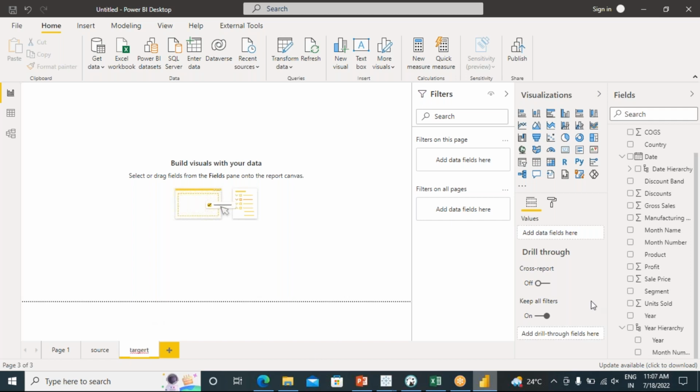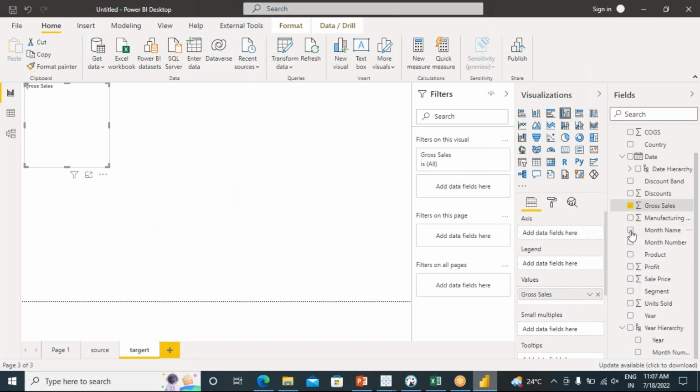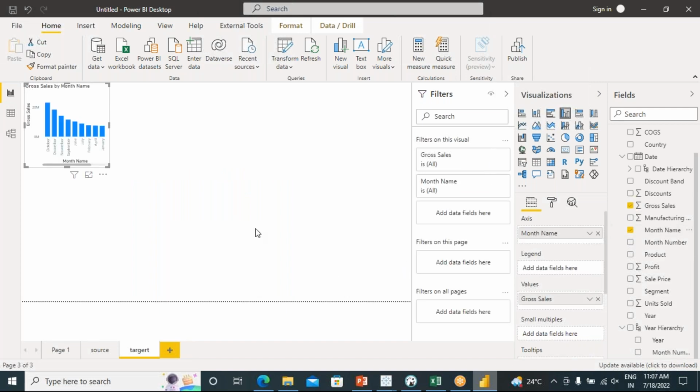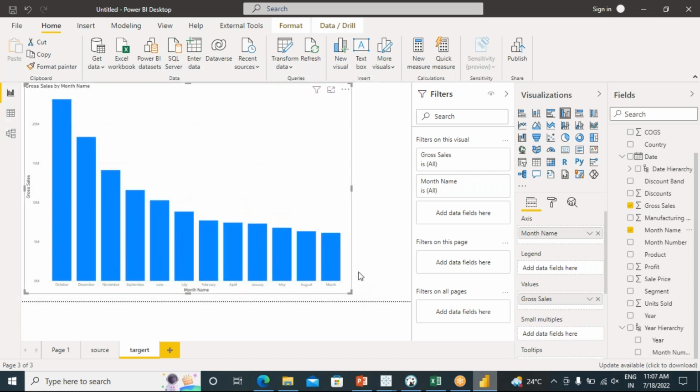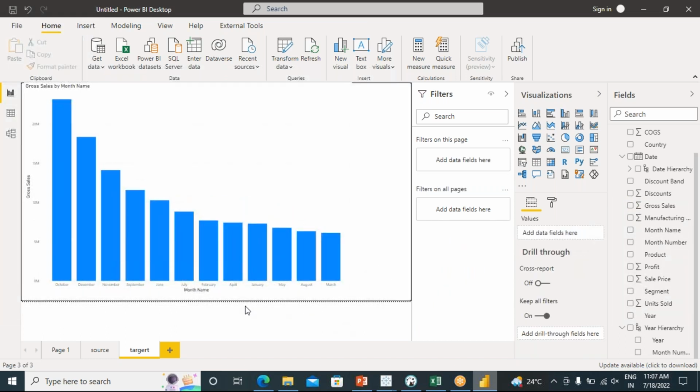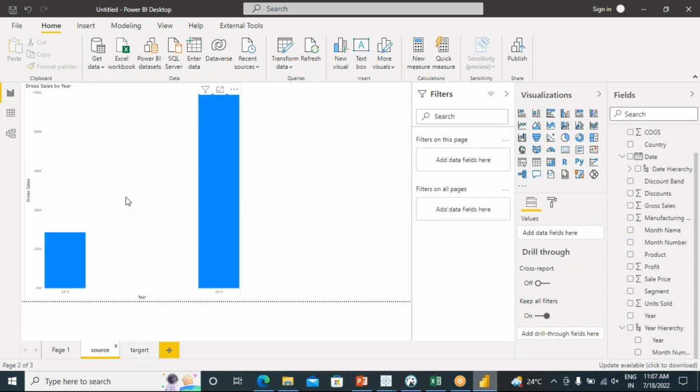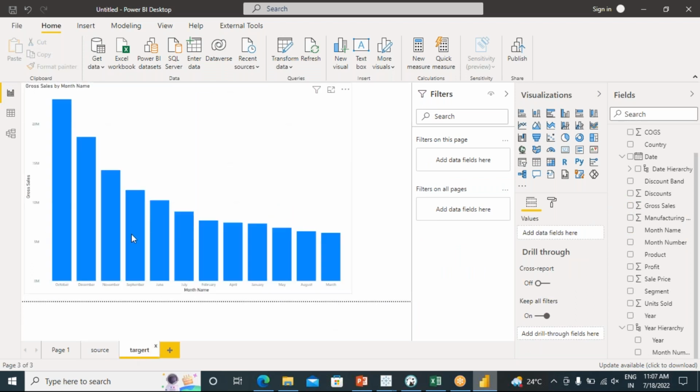So I will create one more visualization here with month name and gross sales. So that's what I'm getting. Now I want to go for drill through from this visualization to the target visualization. So I want to navigate from the source to the target, right? In the target page,